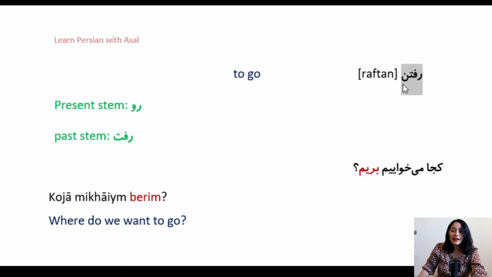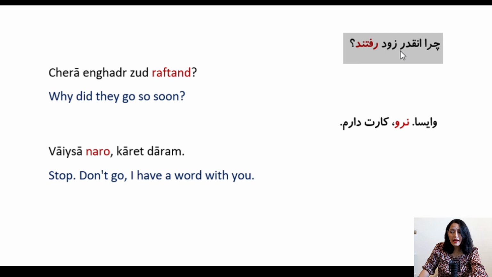Third verb is رفتن. Present stem is رو. Past stem is رفت. Example: کجا میخوایم بریم؟ چرا اینقدر زود رفتند؟ Note that in spoken Persian we usually omit the sound and it will be چرا اینقدر زود رفتن؟